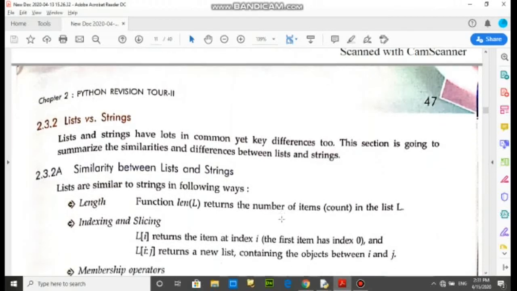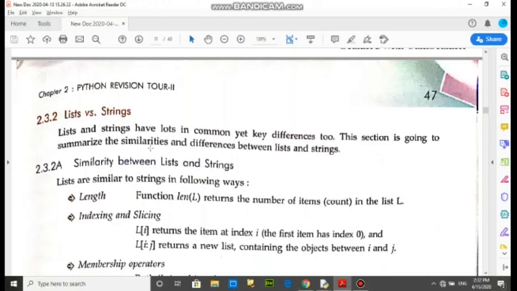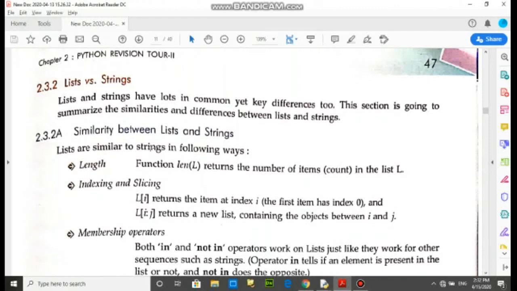And next is list versus string. The list is a mutable data type and string is an immutable data type. This is the basic difference between list and string. Similarities between list and string: length, indexing and slicing, membership operator.